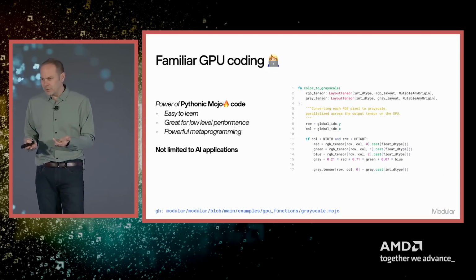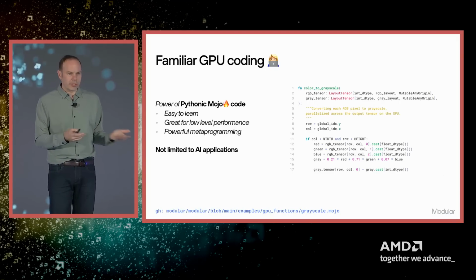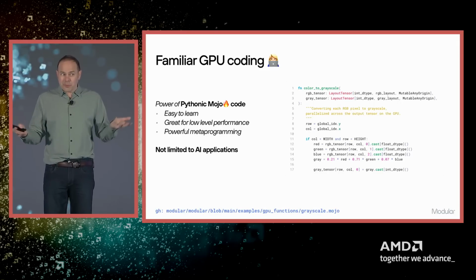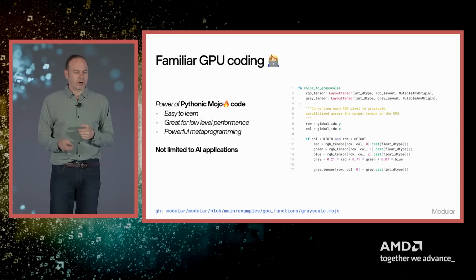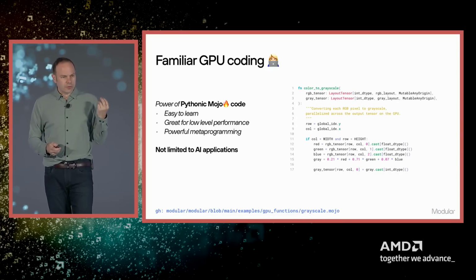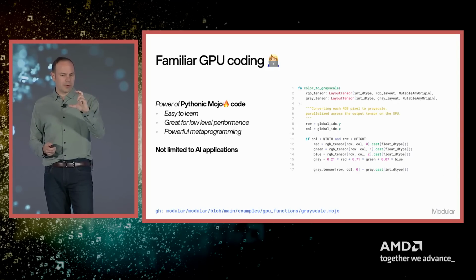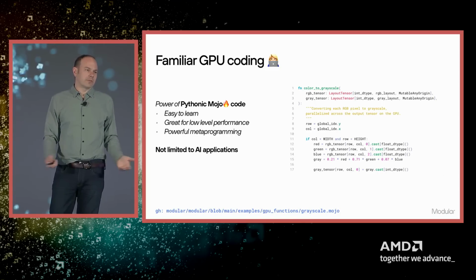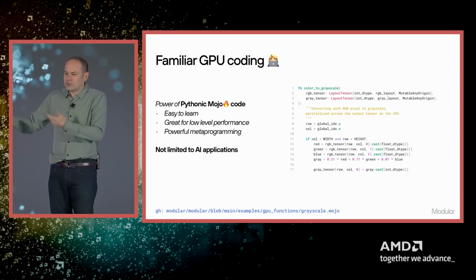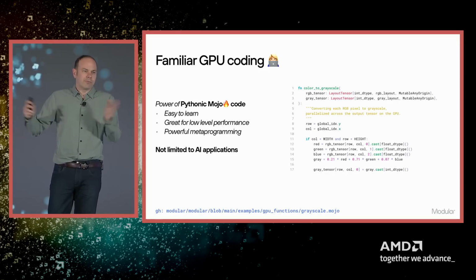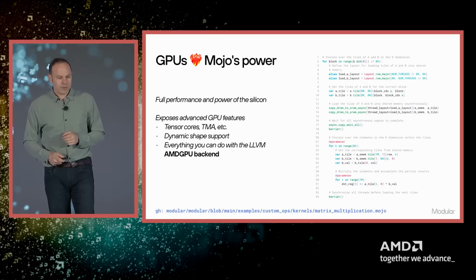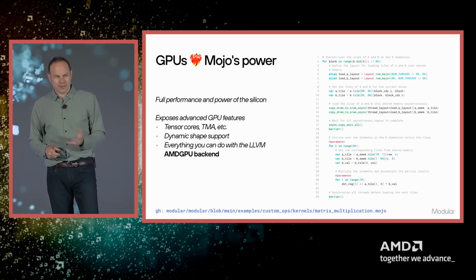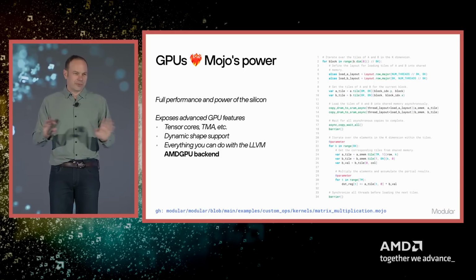Well, this is fantastic because it's really easy to learn. You can bring all the idioms that you know, and you can bring it over. And again, you don't get C++ template error messages, but you get the power of generic programming and things like this. Mojo is also not limited. So it's not just tile-based programming, though yes, we do that. It's also about general purpose AI applications. It's about other things you want to do with the GPU. Yes, you can write a ray tracer in Mojo. You get the full power of your hardware. Now, when I talk about the full power of the silicon, GPUs are complicated. Let's not ignore that. Let's not try to sugarcoat that.